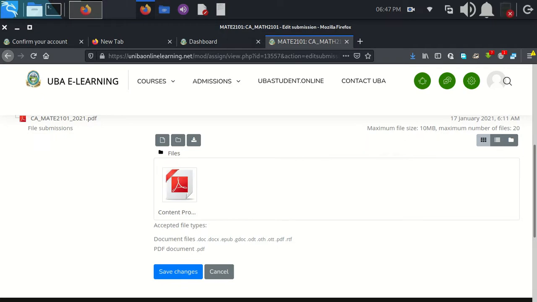Good. Now, what I have uploaded here is content prompts. That's because I don't even have a solution of whatever the assignment is about. Maximum file size should be 10 megabytes. So if you have an iPhone, you should be very careful with the picture you are taking if you are scanning a PDF. Best to get an Android like Itel or Techno or whatever Android you like. So once you're done, you click on save changes,